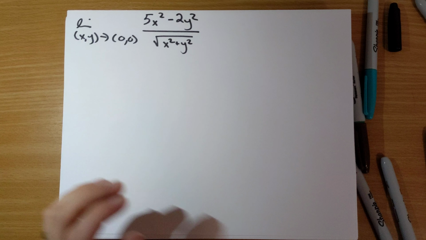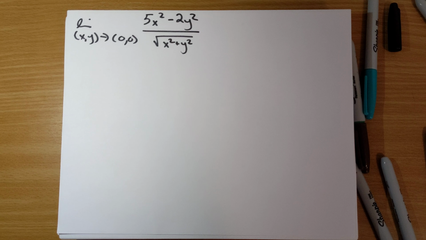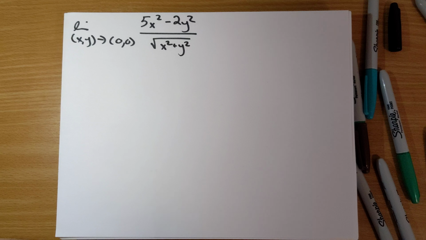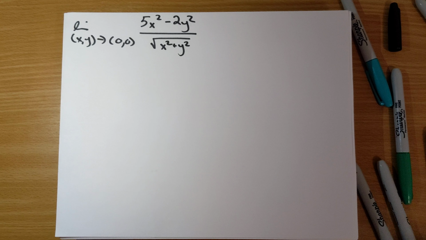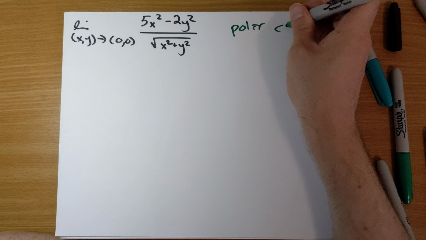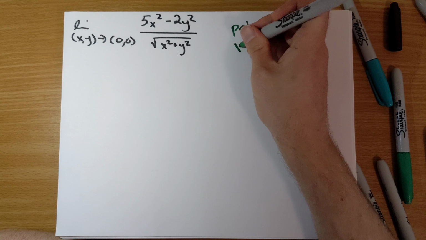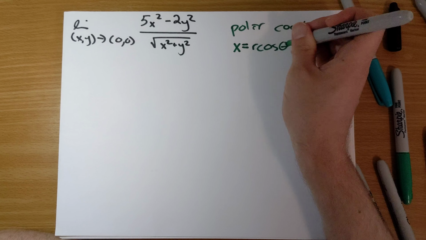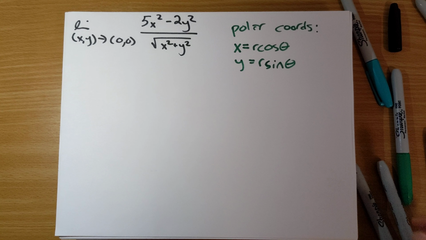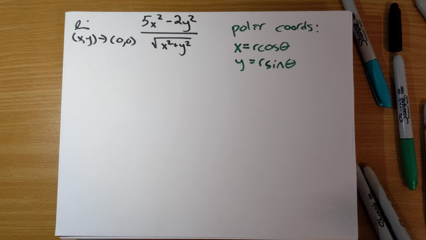Let's go for one more problem in this video. Problem 24. We want to show that this limit actually does exist, and then show that this limit actually does equal 0. So my preferred method for showing that a limit like this equals 0 is by using polar coordinates and the squeeze theorem. So we're going to replace x with r cosine theta, y with r sine theta. And so when we make these replacements,